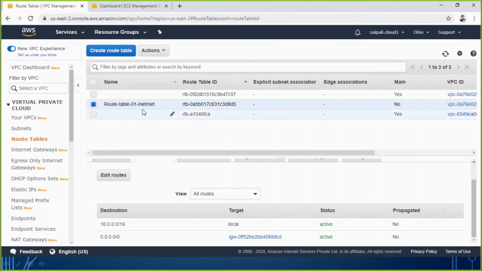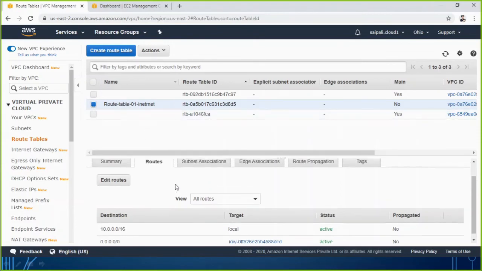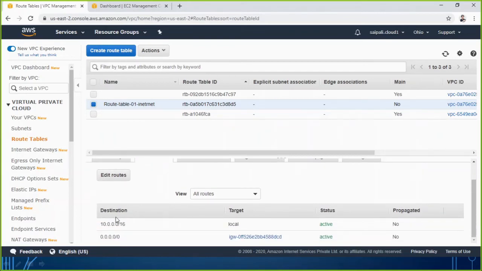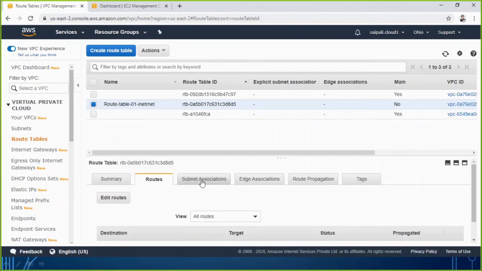One more thing we can do here is, rather than having maybe two tables or something like that, we have one route table here. Now this route table, maybe I will only connect with the one subnet which we have created to have the internet only. That's it. So for that task, I will select the route table which we have created, scroll down, and we have already added the route. So now we are moving to subnet associations. That will be the next task to perform.